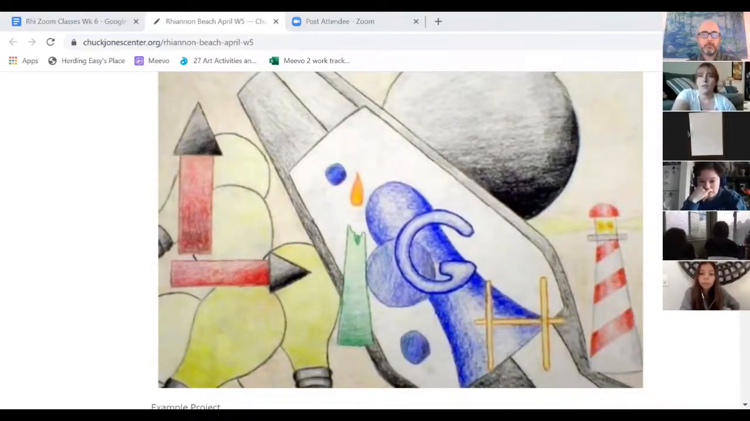Okay, so this is an example of what we're doing. We're going to do a quick warm-up with value using our colored pencils. And then we'll create what you see right here. So the word that you see is light. And to create illustrated words, we are going to draw different things on our sheet of paper that represent that